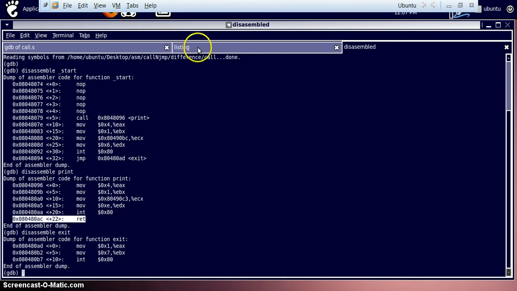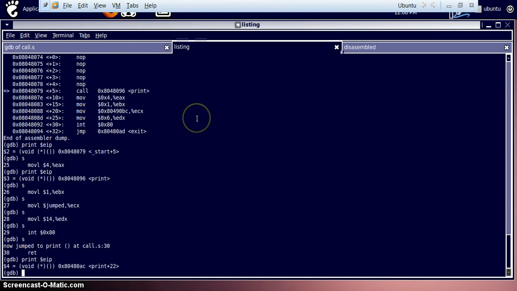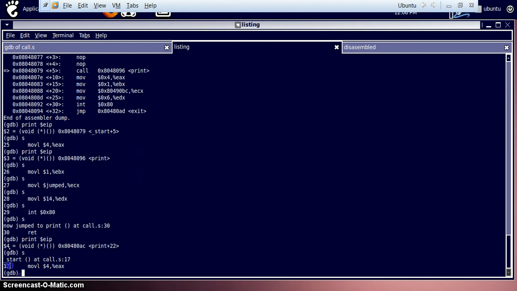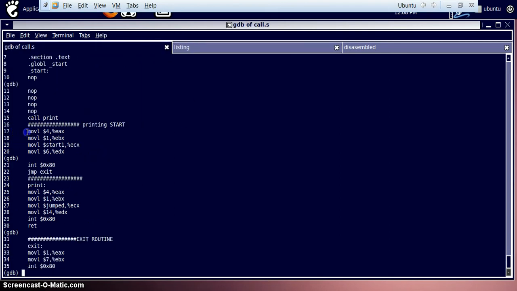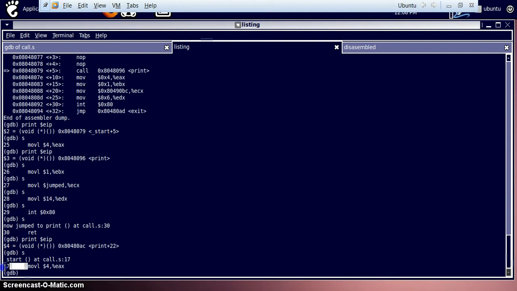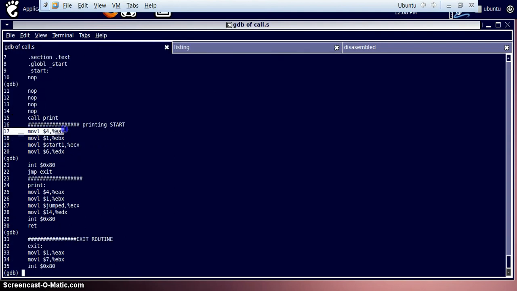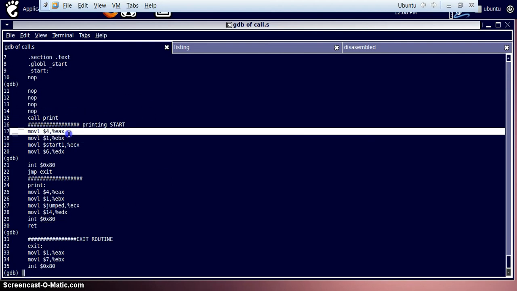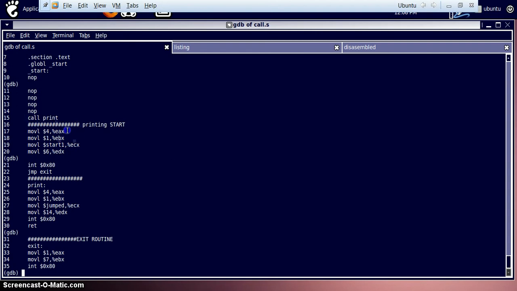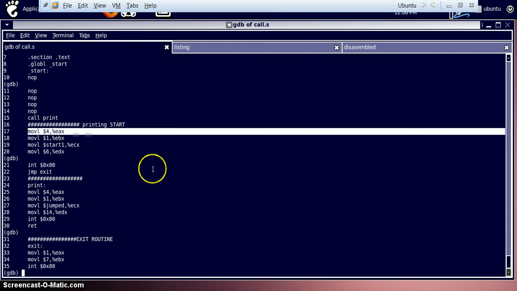Okay, let's see. Just pay attention. The execution has gone to line number 17, move while $4 to EX. So line number 17. See. So what does this return do? Return is basically handing over the control to the next instruction, the one which falls next to where it was called. This is the basic function of return, so that the program execution keeps going smoothly and doesn't skip anything in between.